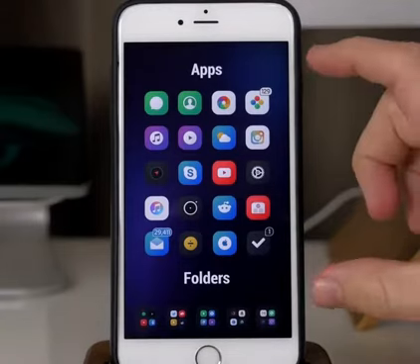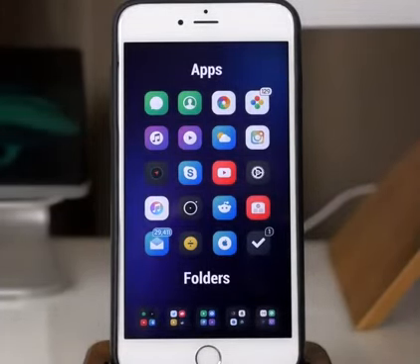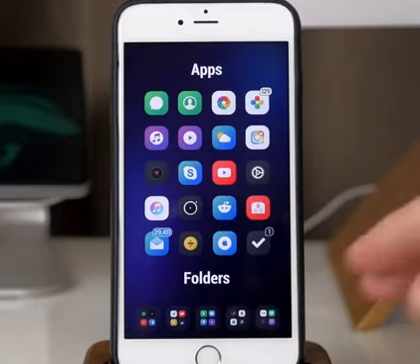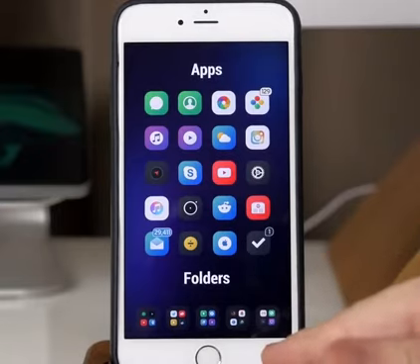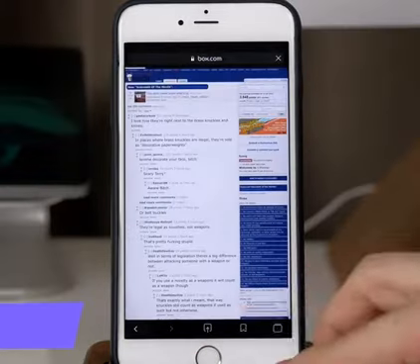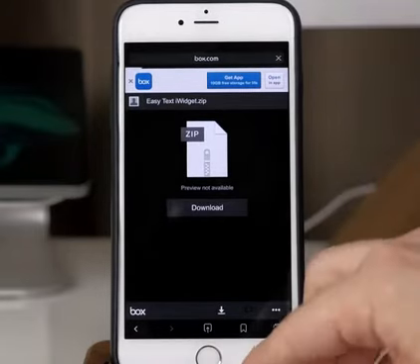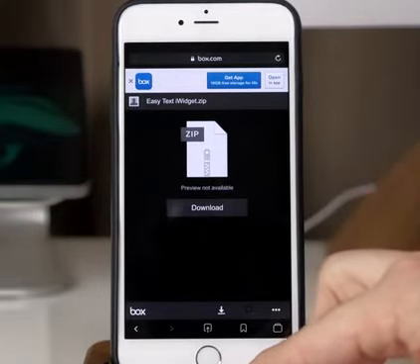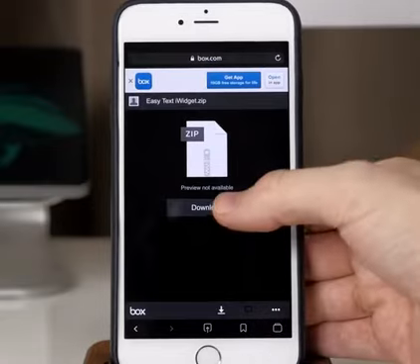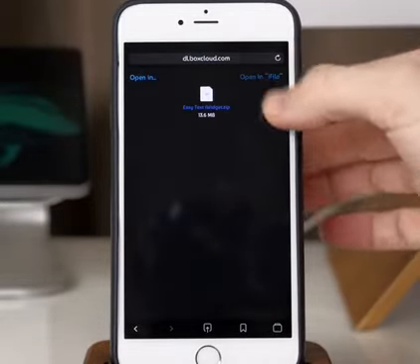Now these particular widgets, the apps and the folders, are actually a custom one, and I'll show you that right now. It's really simple to install. All you have to do is make sure that you have iFile installed, and then click on the link in the description below. My link should take you directly to this. Just make sure you tap on download, and once you download this, it should give you an open in iFile option right in the top right hand corner. So tap on that,